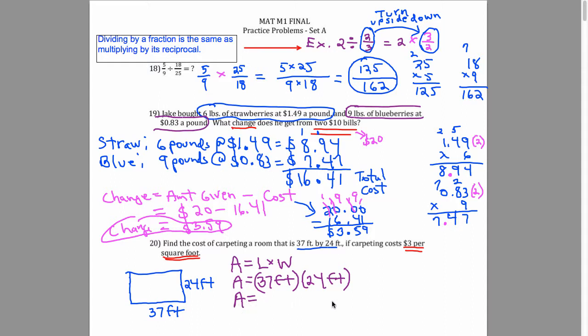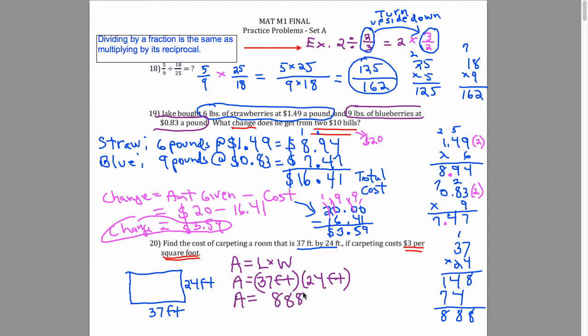So let's go over here on the side. Let's do 37 times 24. 7 times 4 is 28, carry 2. 4 times 3 is 12, and 2 is 14. We'll get rid of that little 2, so we don't get confused when we multiply by the 2 now. We'll indent one column. 2 times 7 is 14, carry 1. 2 times 3 is 6, and 1 more is 7. Total it up, 8, 8, 8. So we get